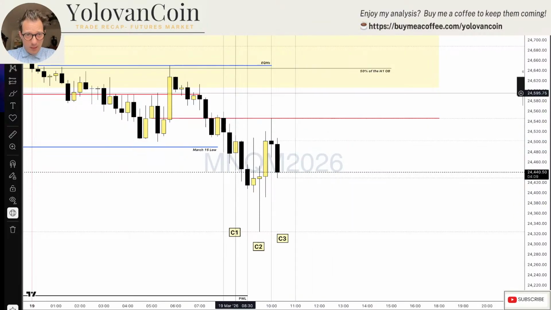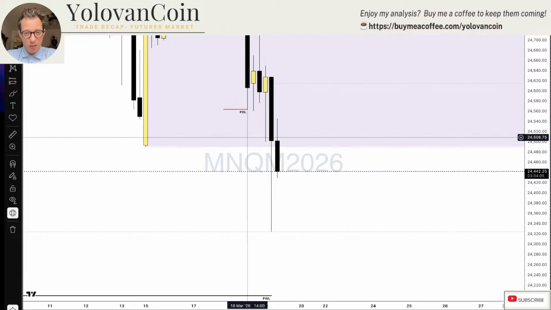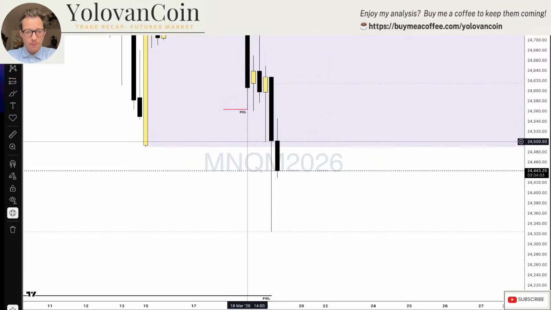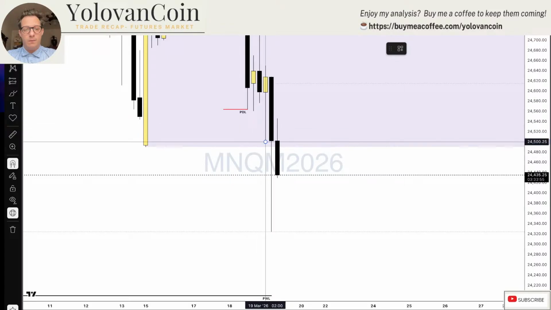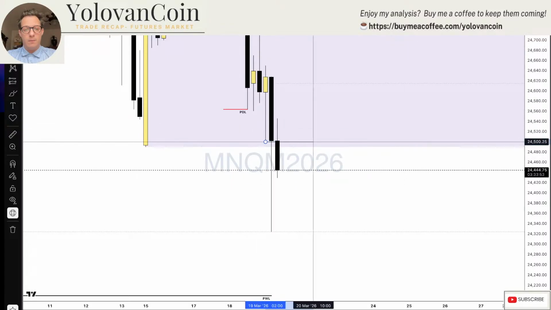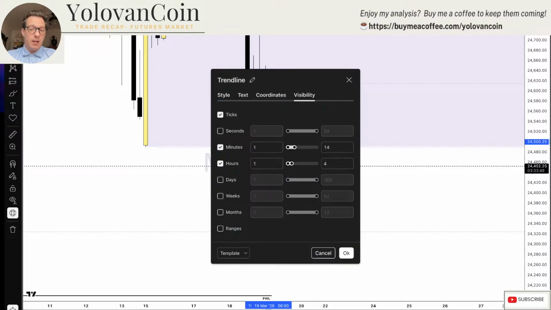Okay, let me see the M15 in the 4-hour candle. The 4-hour candle is bullish, which is not ideal. That's what we didn't want to see, right? So the new 4-hour candle, you see, we have a 4-hour C2. And I don't like this, if I can say that, right? Because